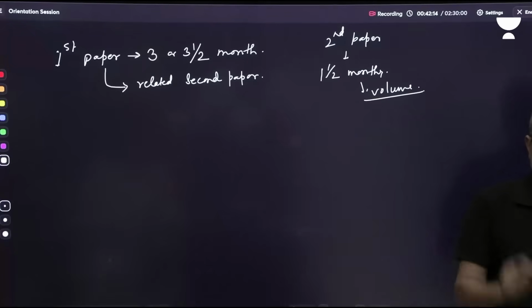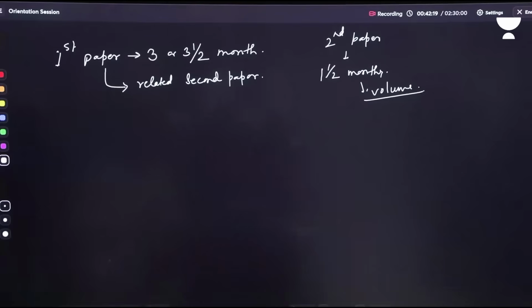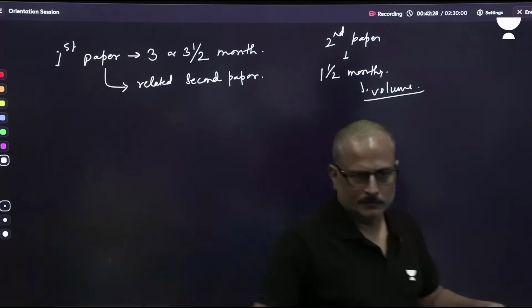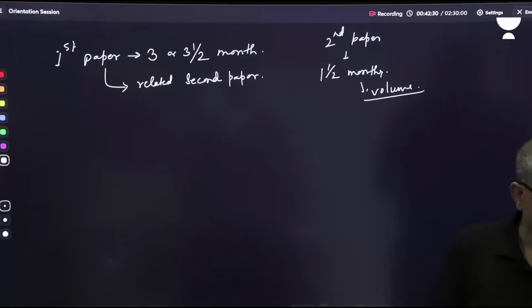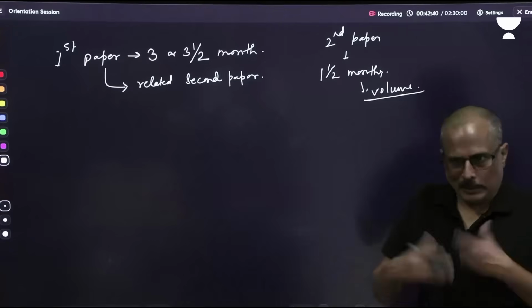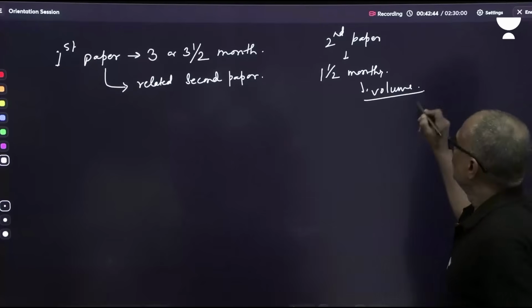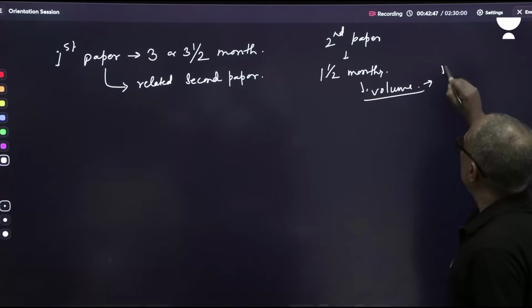You won't get a single book or two where you can cover the whole of the syllabus of second paper. You have to expand horizontally. There are a number of books, but right now I don't want to tell the names, otherwise you will flee from here. Sir, do we have to read this much? You have to be exploratory. You have to explore, right? For the time being, you can use BA IGNOU